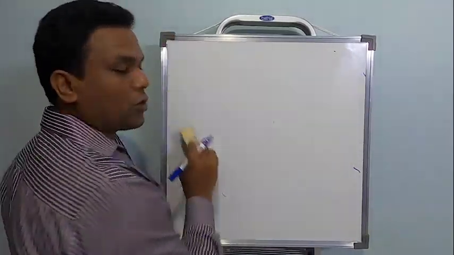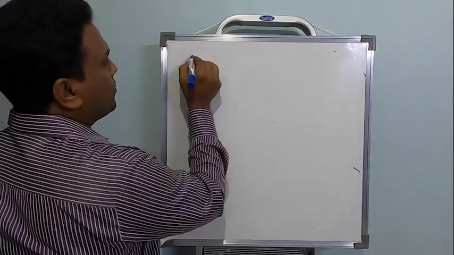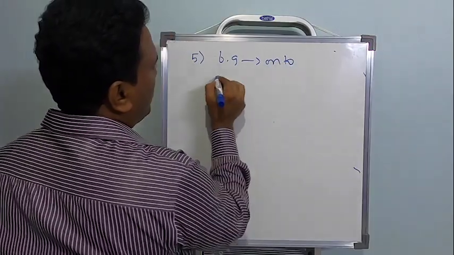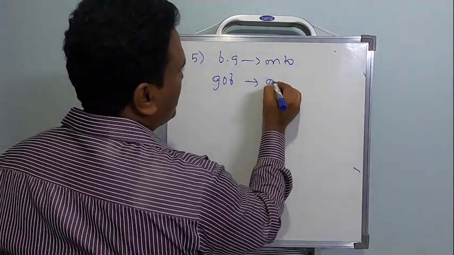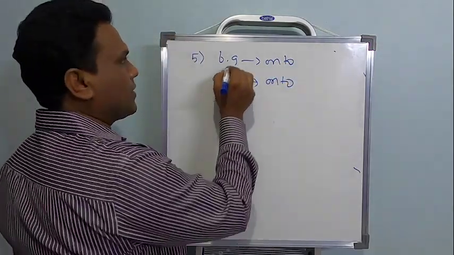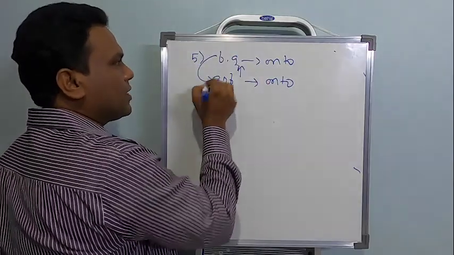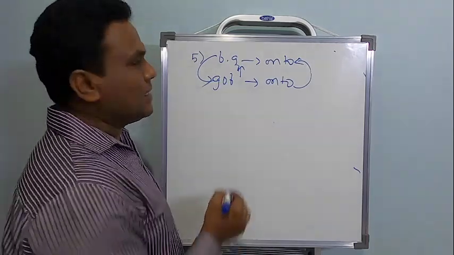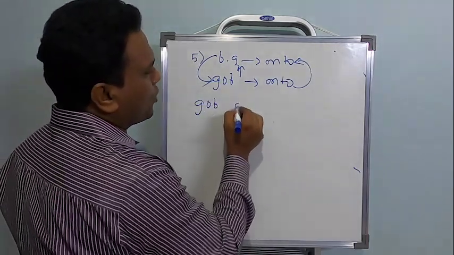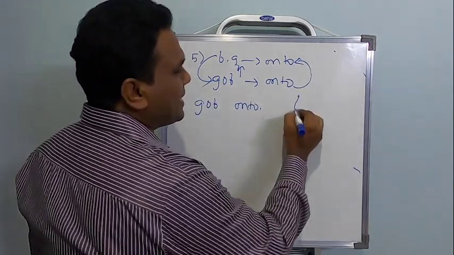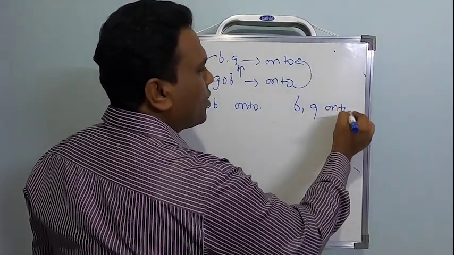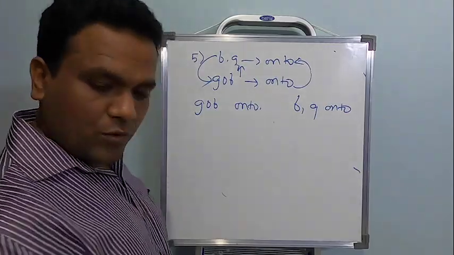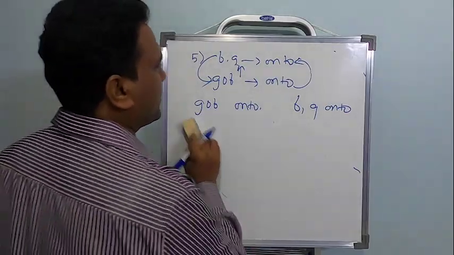So what was our problem number 5? Problem number 5 was: f and g are onto, therefore g of f is also onto. Now the reverse way. You will start with this and you will end up with this, right? Now the reverse way, what if I go this way? I will take g of f as onto in the beginning itself. Is it necessary that f and g are onto? That's this question. Now to check that, let us go with an example once again.